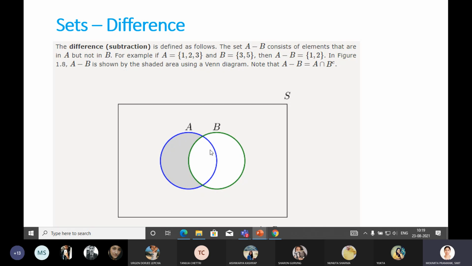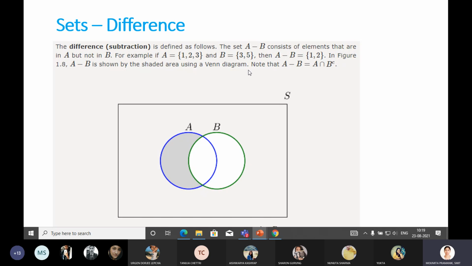Okay, so through this diagram it is very easy to understand that if this is A and some portion of A is also part of B, then we must eliminate that part also. So here, if you see, A is represented like 1 to 3 and B is represented with the elements 3 and 5. Okay, so here you can see A minus B, that is the difference of set A and set B, we